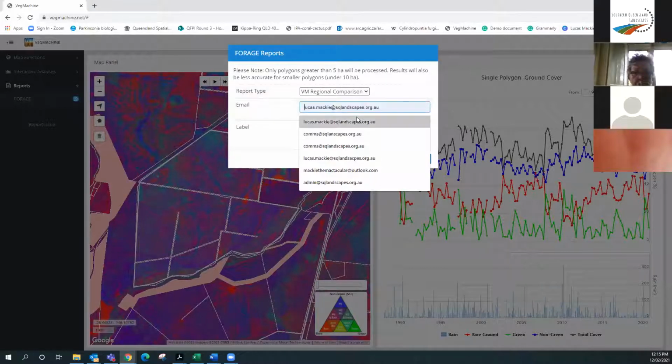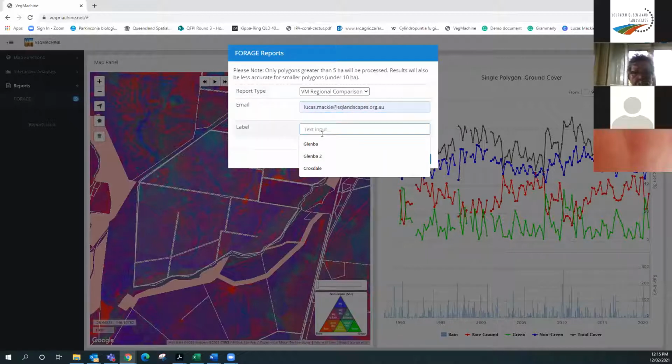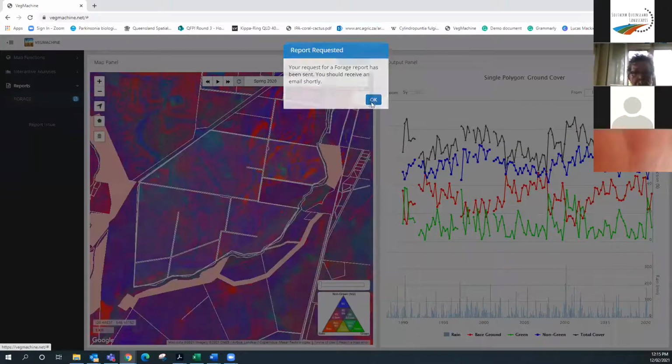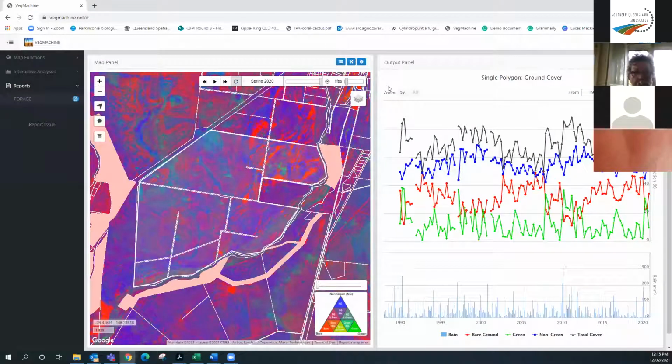So the way it works is you just put in your email, give it a label. So Croxdale webinar, submit, and there you go. So what'll happen is in about, I think I timed it once, it's about 15 to 20 minutes, I'll get an email of that report. A report which looks like,